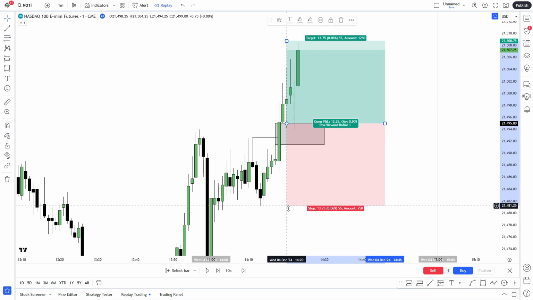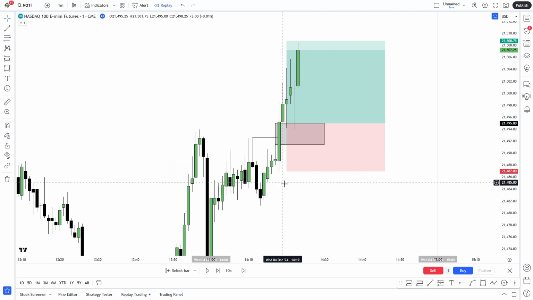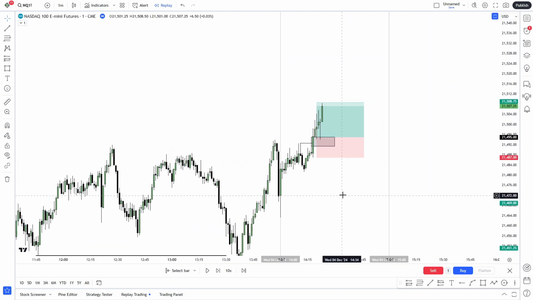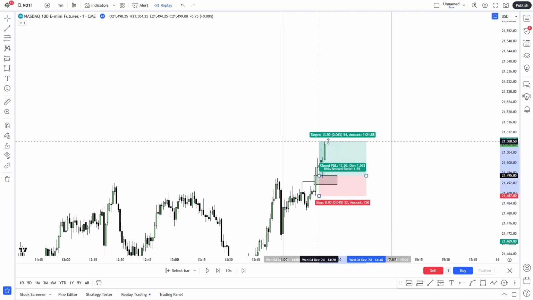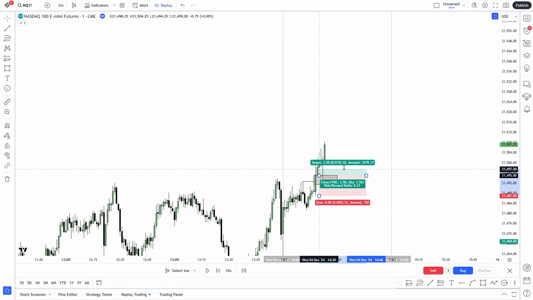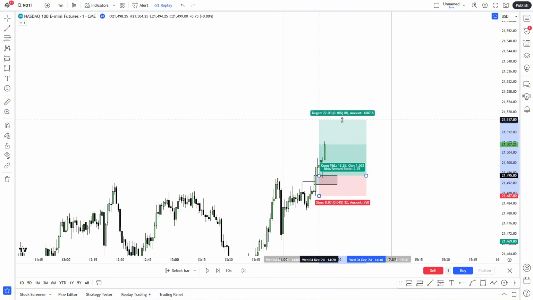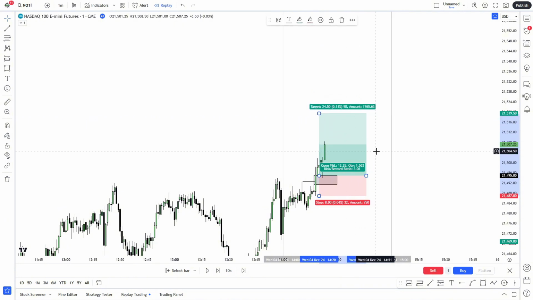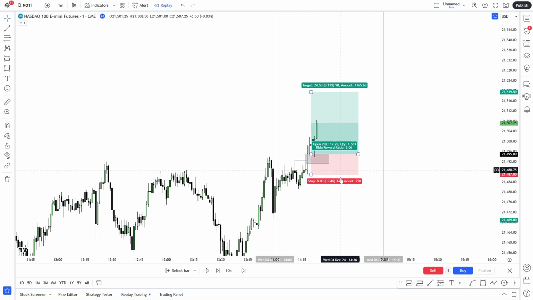So stop loss below the swing low right here, or to be a bit more conservative, it could be just below the fair value gap candle, as we are very bullish, so you can have a higher risk reward. So now again, if you're targeting a fixed risk reward such as 1 to 2 or 1 to 3, in this case, since our stop loss is very tight, we can expect a much larger risk reward. So here, targeting a nice 1 to 3 risk reward.